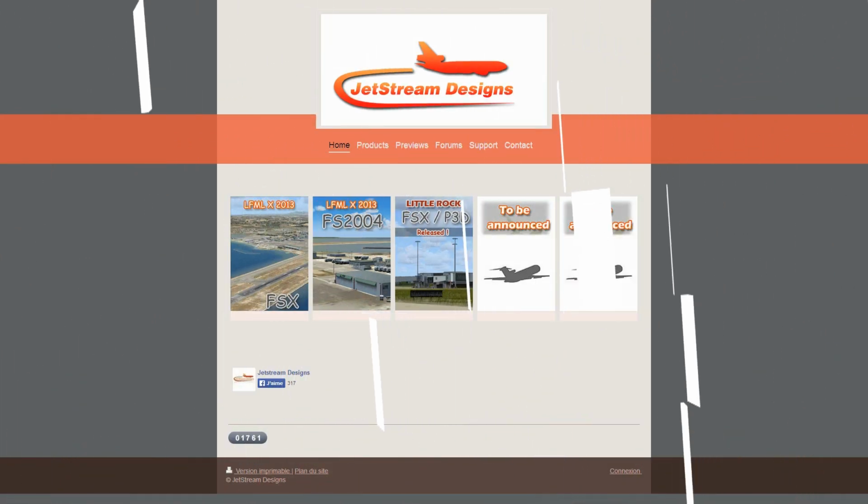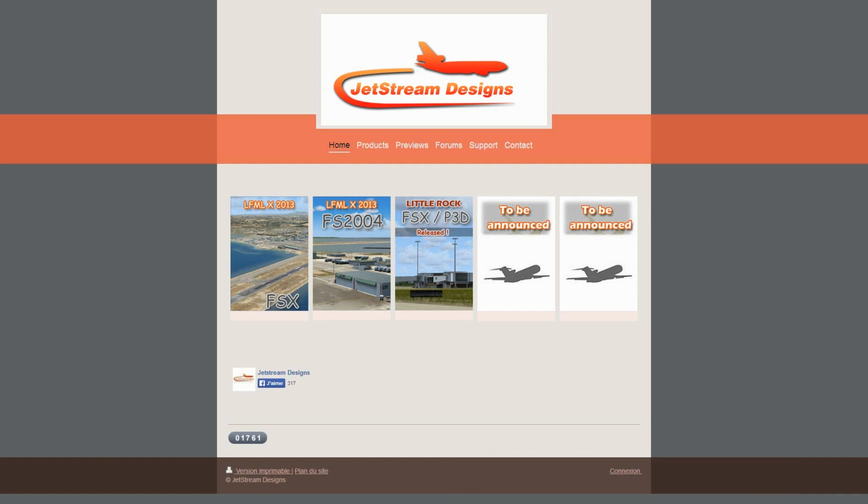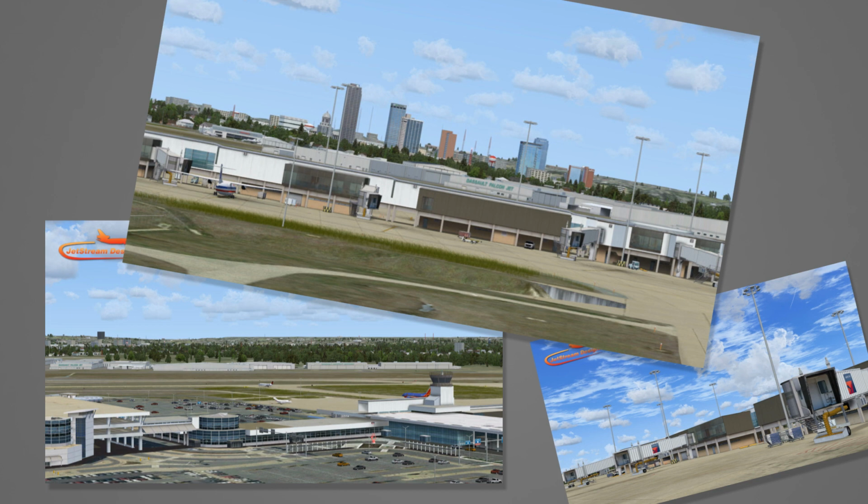Our fourth developer on today's list is JETSTEAM Designs. This company has released 2 products, one being Marseille X Airport. They released that in 2013. It's available for both FSX and FS9. I haven't tried out that product yet, but I have tried out their newer Little Rock airport, and let me